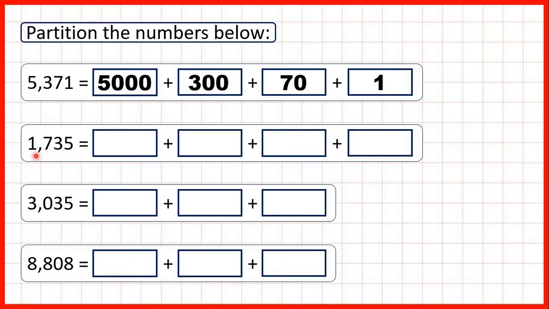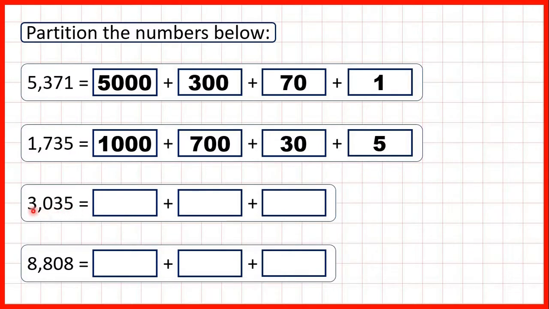So now let's do the same for 1,735. This 1 is in our thousands, so that's 1,000. This 7 is in our hundreds, so that stands for 700. This 3 in our tens stands for 30, and this 5 in our ones stands for 5. Now